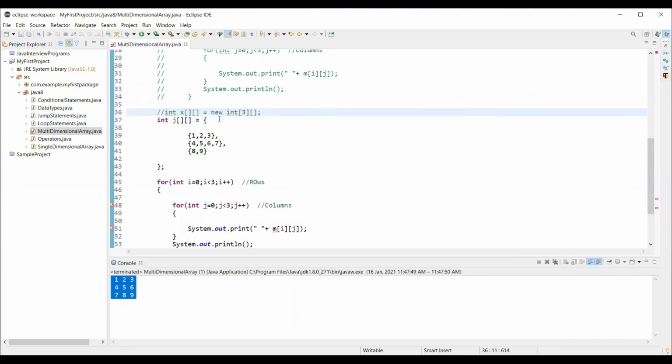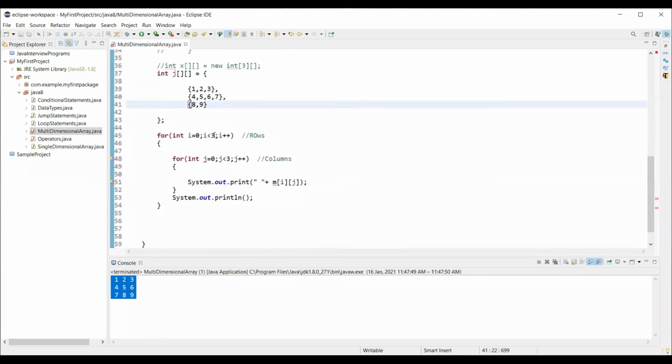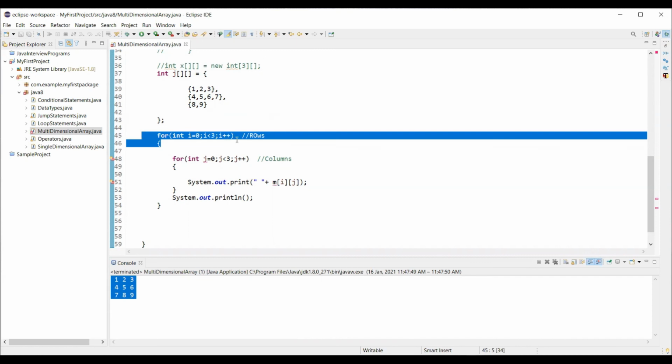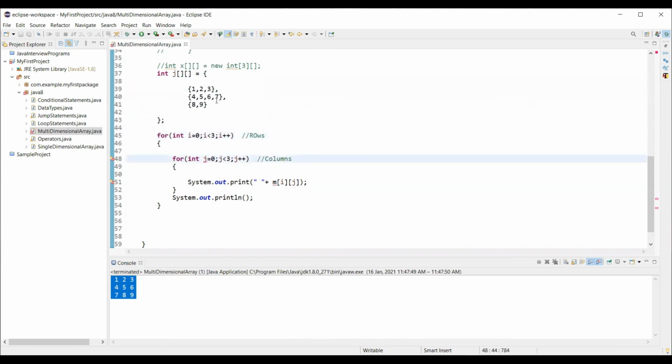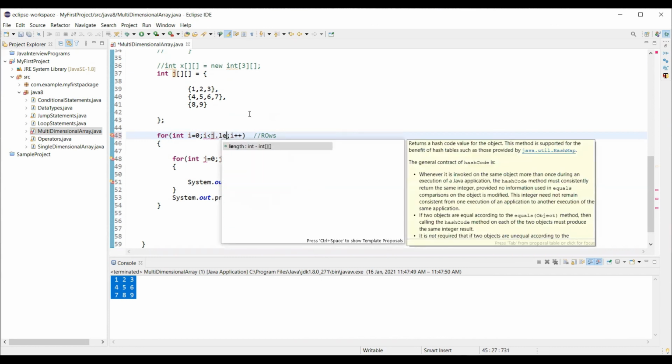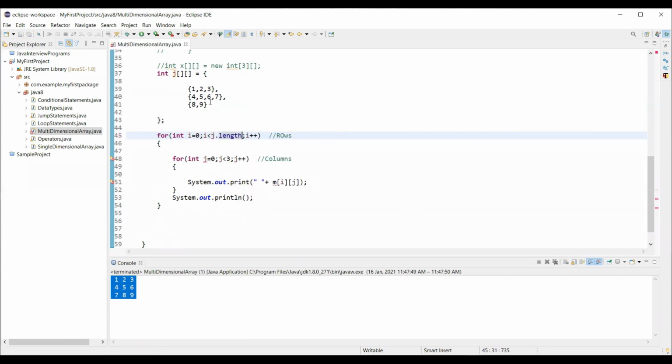For now, just let me comment this out, and now let's see how to display these jagged array elements on the console, right? Again, when I say rows, it is about array objects, right? And when I talk about columns, it is about the elements within each array. So i index represents the rows or array objects, and till i less than d, which is my two-dimensional array, d dot length gives us the size of this 2D array.